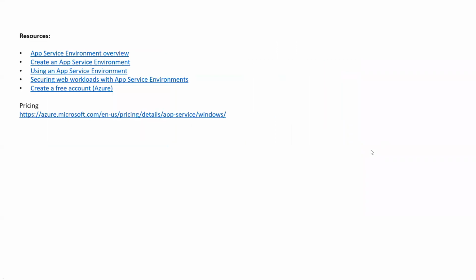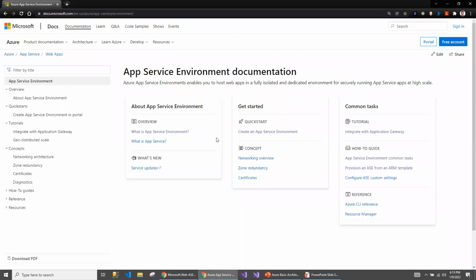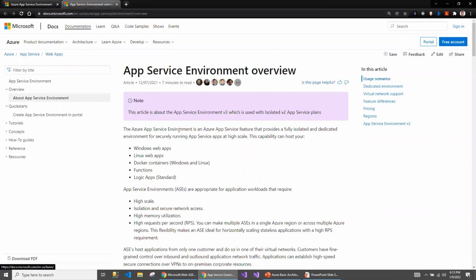Now, these are some of the resources that will be useful before provisioning the App Service Environment. Make sure that you understand the documentation from the Microsoft portal. This is the entry point if you want more information on the App Service Environment.